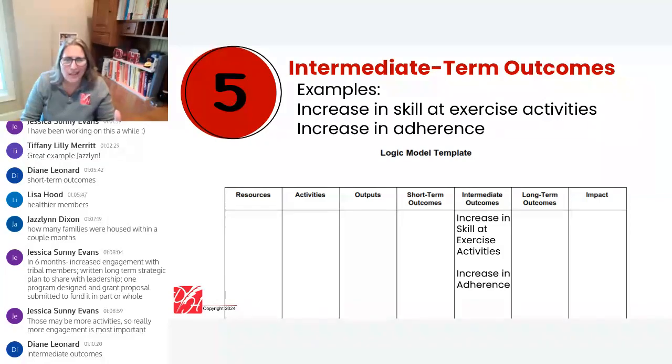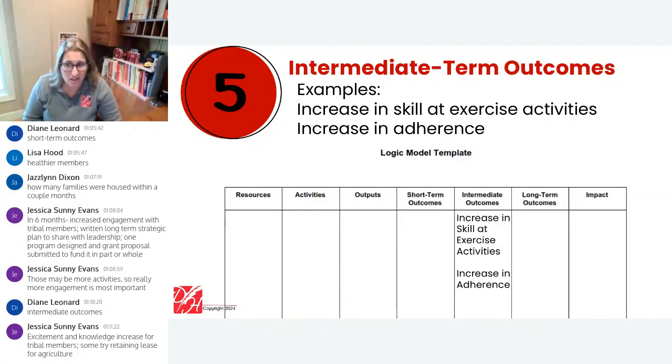Let's see, is it going to be based on the instructor or is it going to be based on their self-reported skill? Nope, it's going to be based on the exercise class leader's assessment. And then you're like, wait, are you sure that they can do that? Yeah, they've got the capacity for it. That's my answer. And then increase in adherence. Tell me more. Increase in adherence for what?